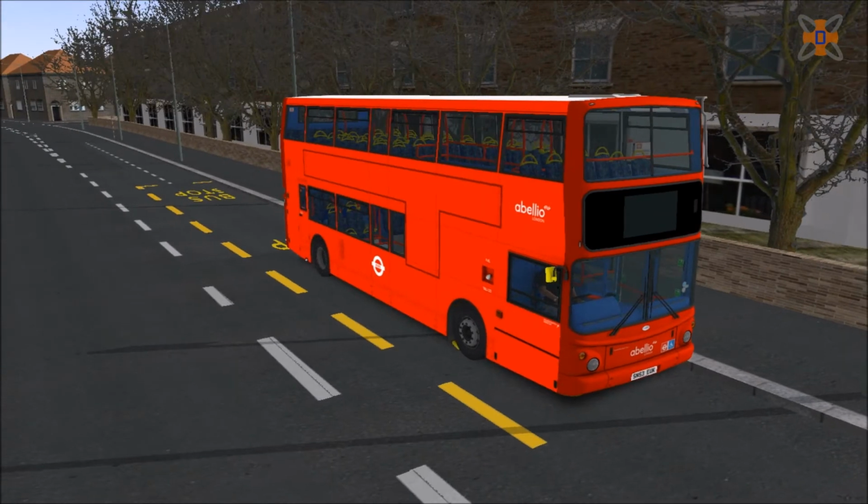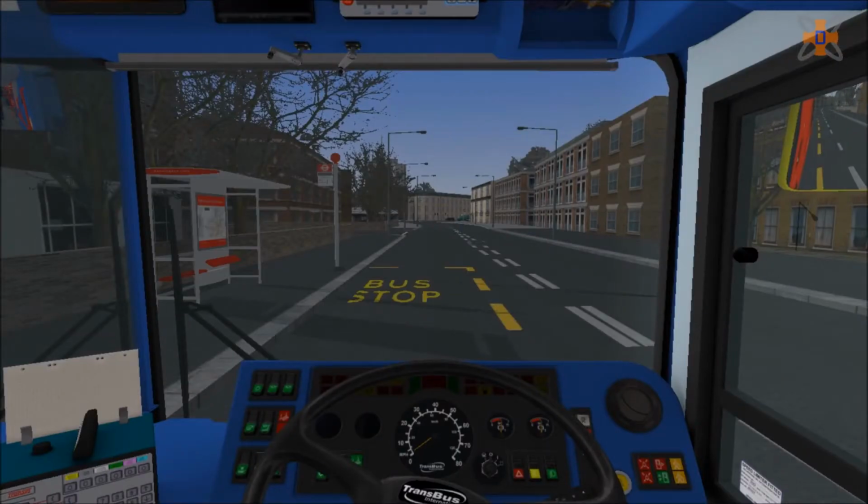The ALX400 by V3D is a very nice bus add-on, I did a few tests with it, and I can't wait to be driving this one on video today. So whilst I'm here, we'll get the bus set up, get ourselves ready to go, and see what this thing has for us. So we'll turn the electrics on now. Let's turn the engine on